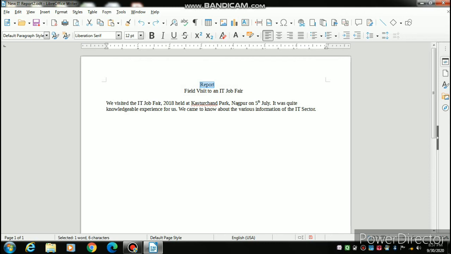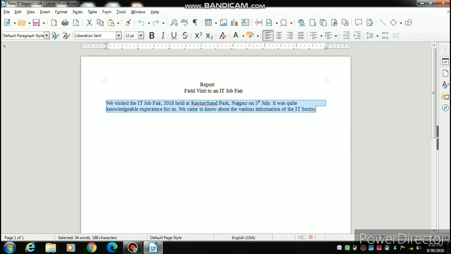If you want to select the complete sentence at a time, then you position the mouse anywhere in the sentence and this time you have to triple click. You can see the full sentence gets selected. If you want to select a complete paragraph at a time, then this time you have to click the mouse 4 times. Now the complete paragraph you can select by clicking the mouse quickly 4 times.